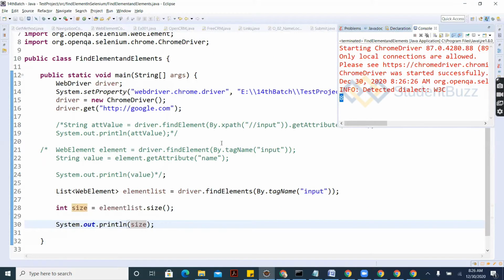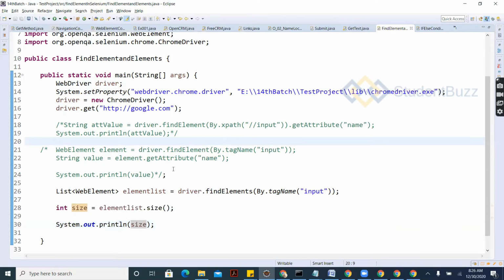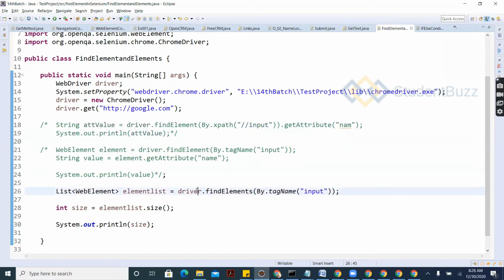So findElements is going to return the list of elements inside the page. Okay, so the return type is List of WebElement. You understand findElement and findElements, right?